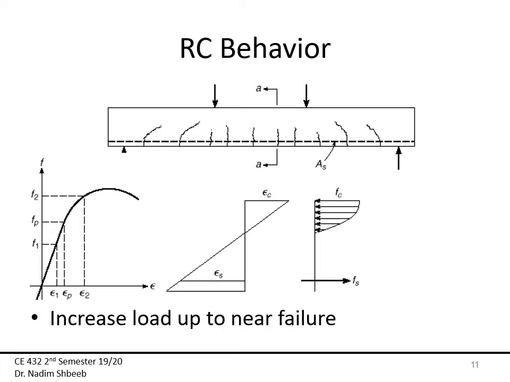Now, if you go up to the failure, so if I'm very close to failure, now I'm going beyond the working stress method. Okay, so part 1 and part 2 are related to the working stress method. After that point, now I'm going to the ultimate strength design method, in which I'm going above that value right here, and here you can see the actual stress distribution that I was talking about. Here also you can see that the neutral axis is a little bit higher than before. Again, below the neutral axis, concrete, zero tension, zero stress. All right, so all the stress is the compressive stress, and all the tension stress is carried by my steel right here. So these are the three stages of